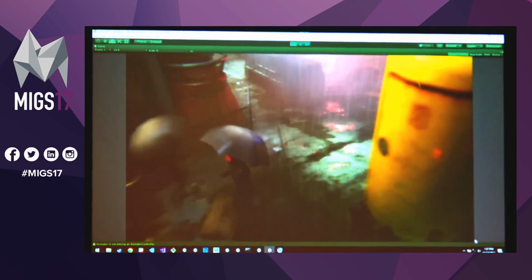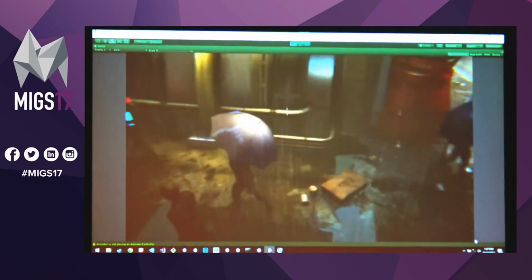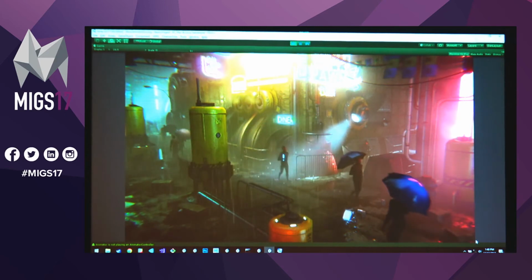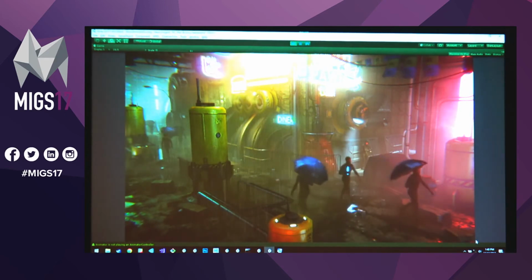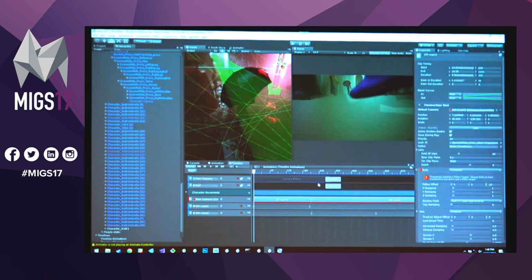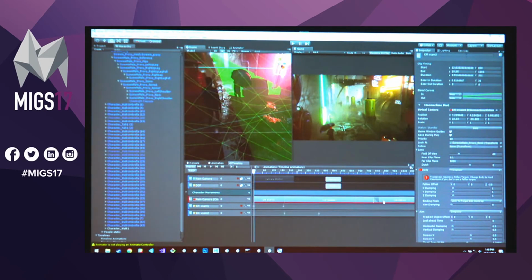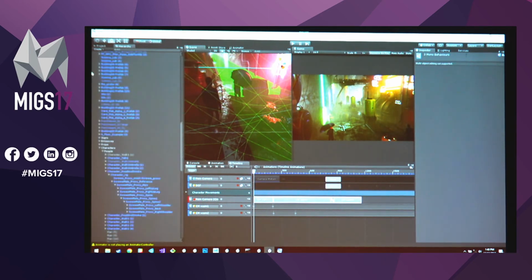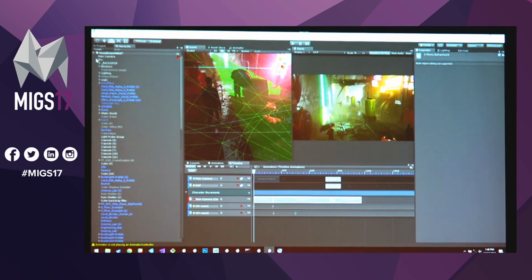Now, let's say I thought that all of this happened too fast. I want to extend this out, make things a little bit longer. I could go and tweak all these timelines. I could shift hold these and extend them out at the same time. Or I could create another timeline that holds and references this entire timeline in it, and then adjust that one. So just to show you guys quickly how that works,